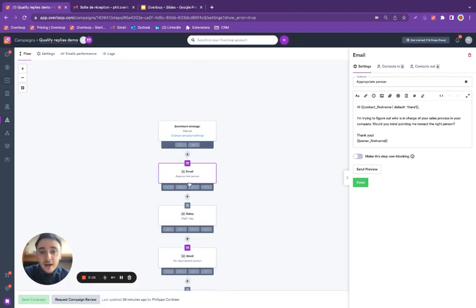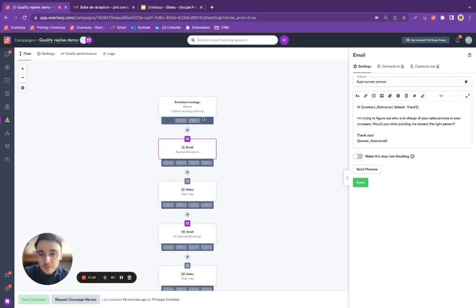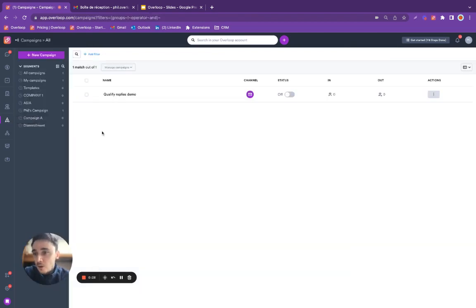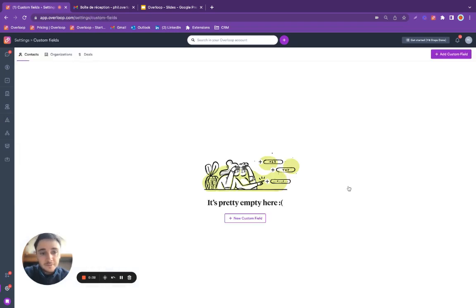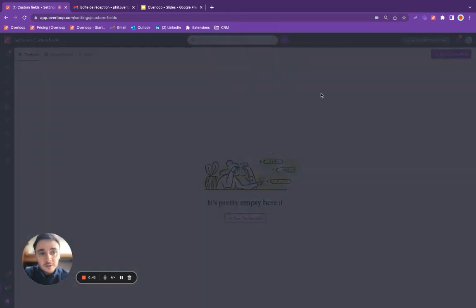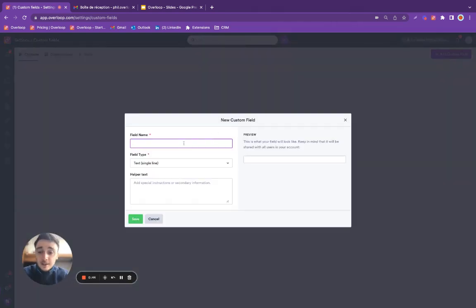As you can see here, I have a very quick sequence of two emails, one email and a follow-up that is already set up, and I will already turn it on. On the other side, I would like to create a new field. To do that, I go inside the settings, custom fields, and I will create on my contacts a new field that I can name